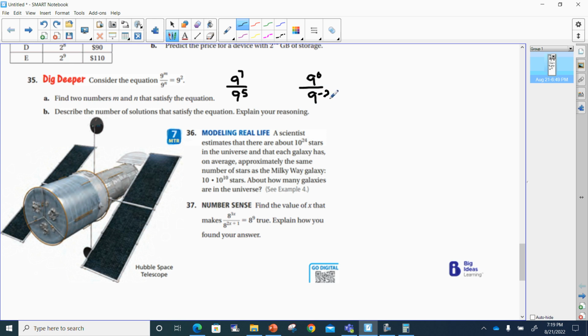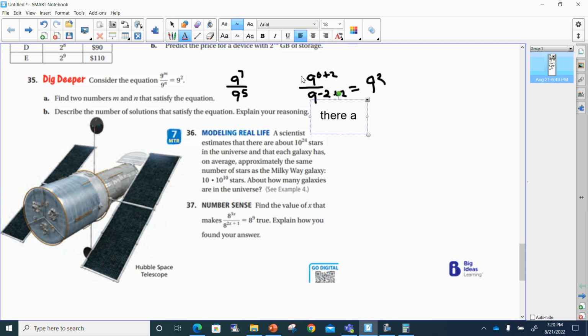This we haven't discussed much, but remember, to make this positive, we'd have to bring it up here, which would make this plus 2. And I'd have to add 2 down here to get rid of this. That would equal 9 to the 2 power again. So you can see there's going to be an infinite amount of numbers that we can put here. So my answer would have to be there are an infinite amount of answers